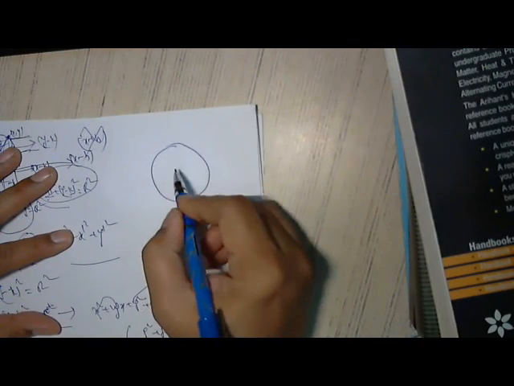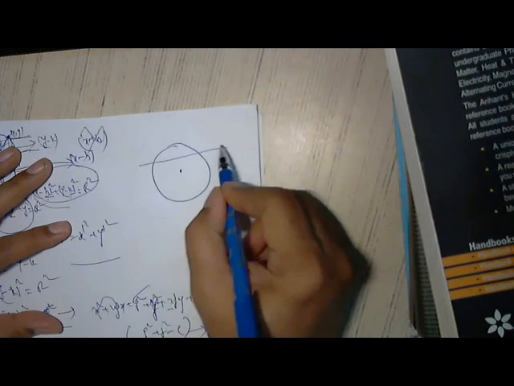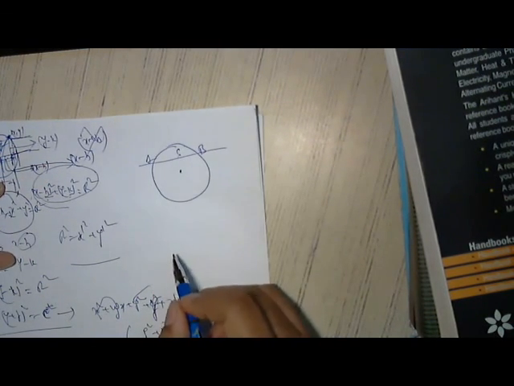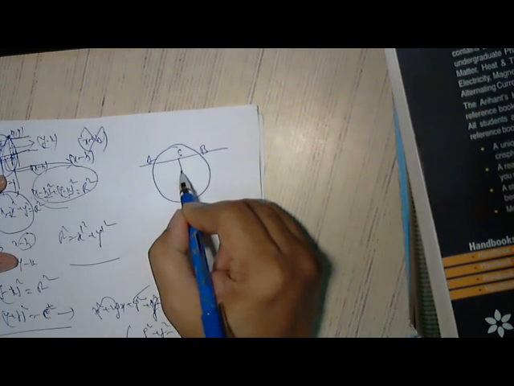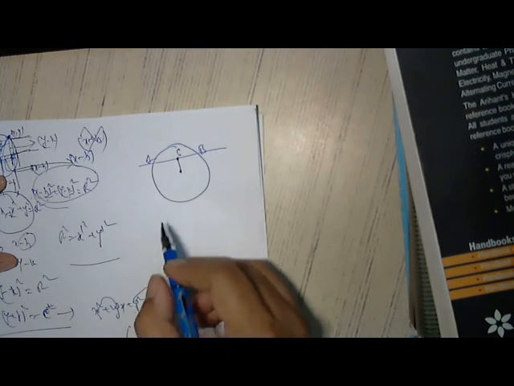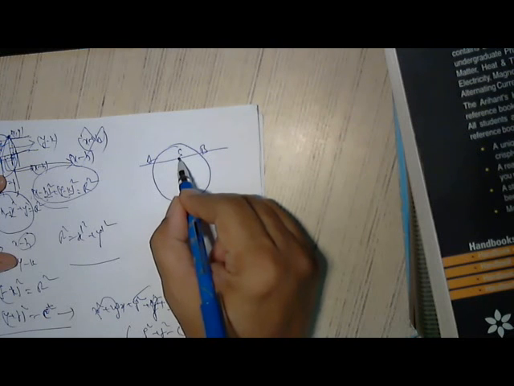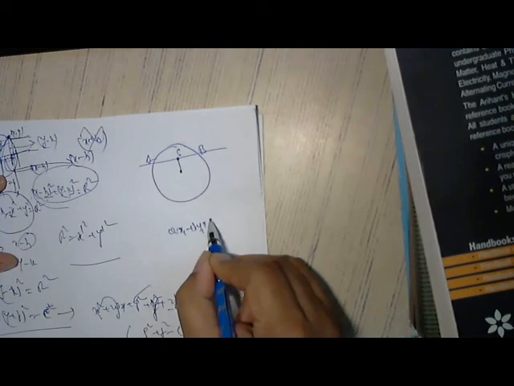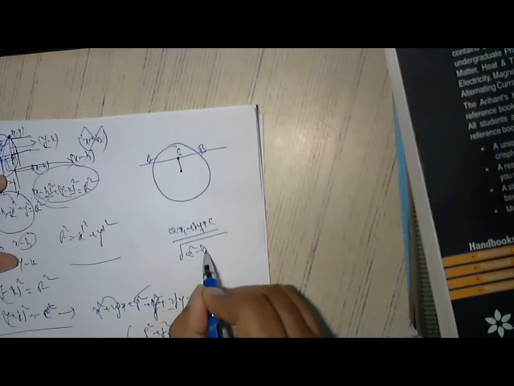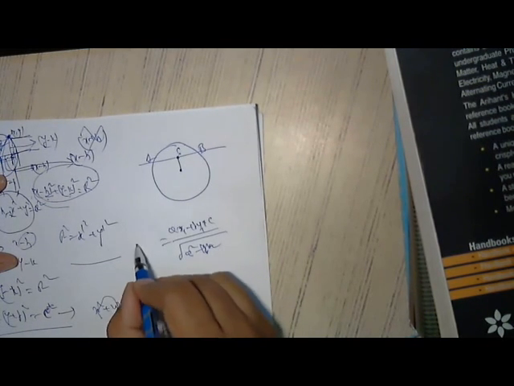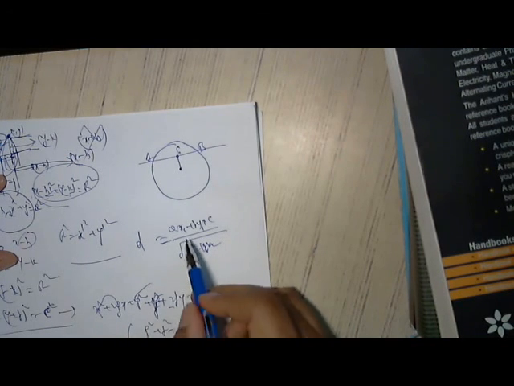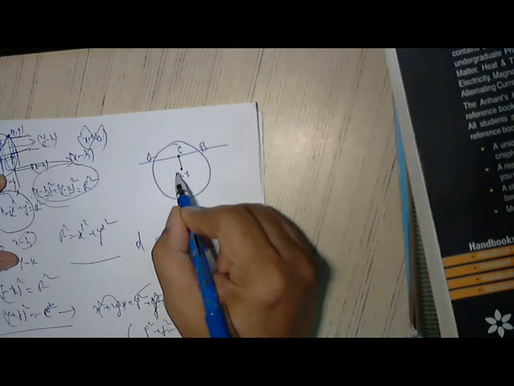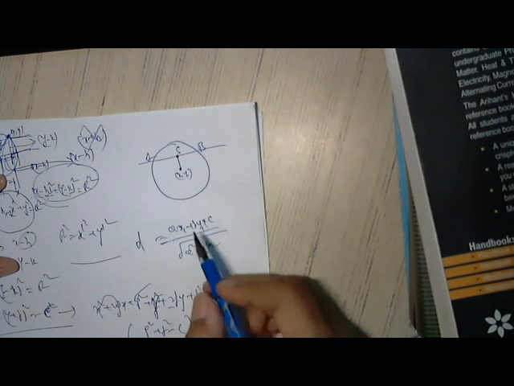This is a circle, the center is given and a line is given. It is cutting the circle at 2 points and this length is 6. Now what I am doing is finding the perpendicular distance. How do we find the perpendicular distance from a point to a line? We substitute ax1 plus by1 plus c divided by the square root of a square plus b square, which will give the distance d of the line ax plus by plus c from the point (x1, y1). So now I got